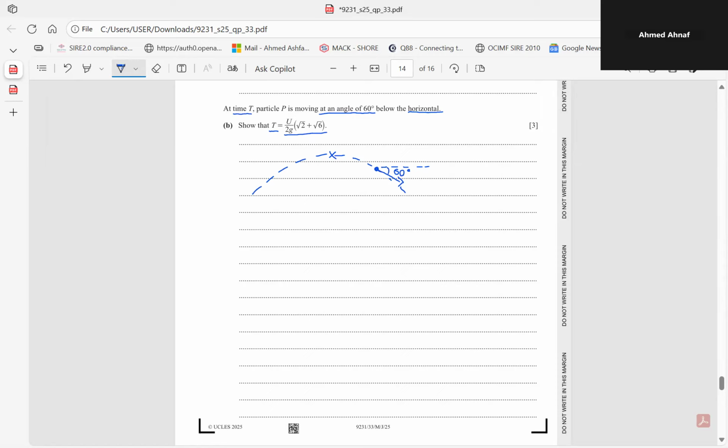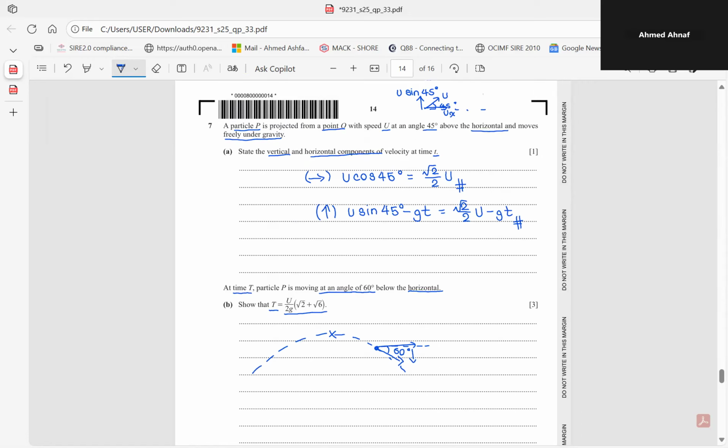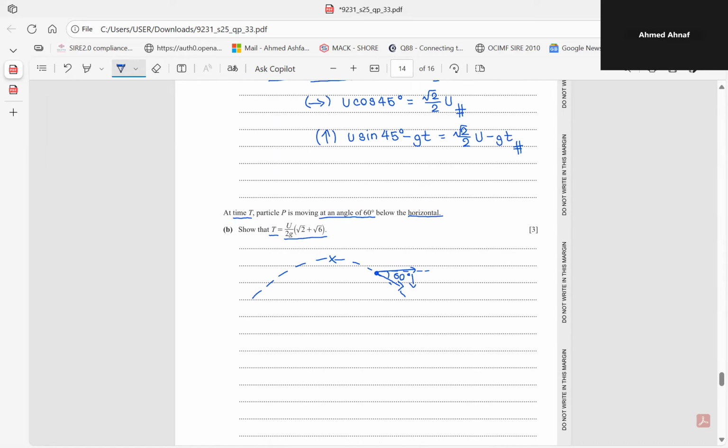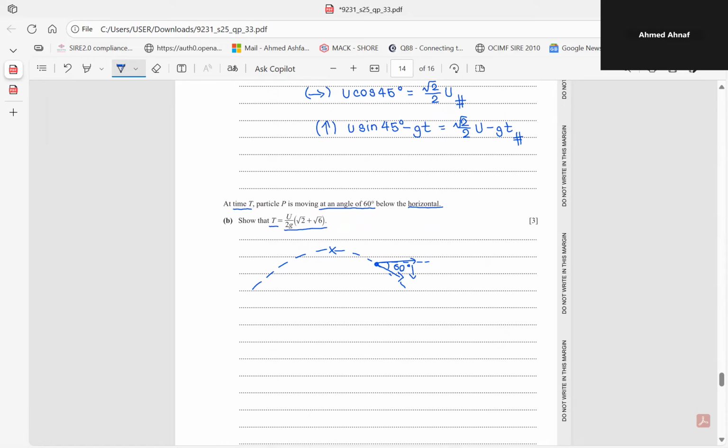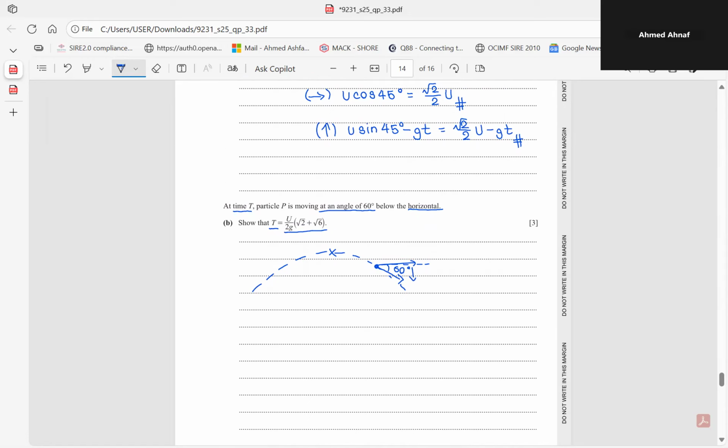So to do this question, we are going to find its vertical component and the horizontal component. So like I said, the horizontal component is unchanged, okay? So the horizontal component is still square root 2u over u,